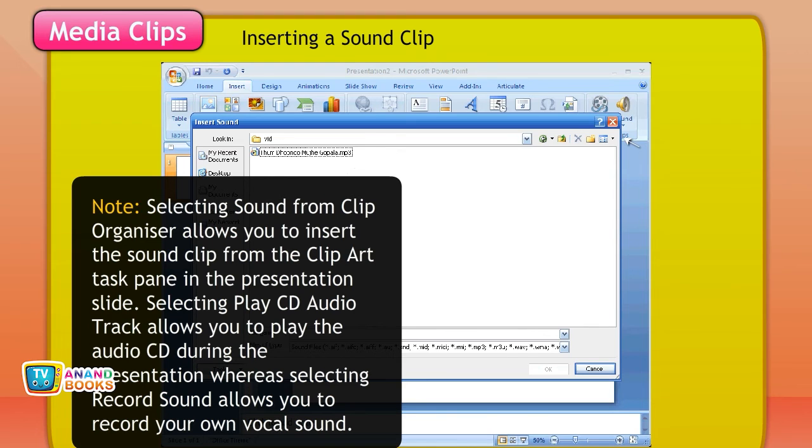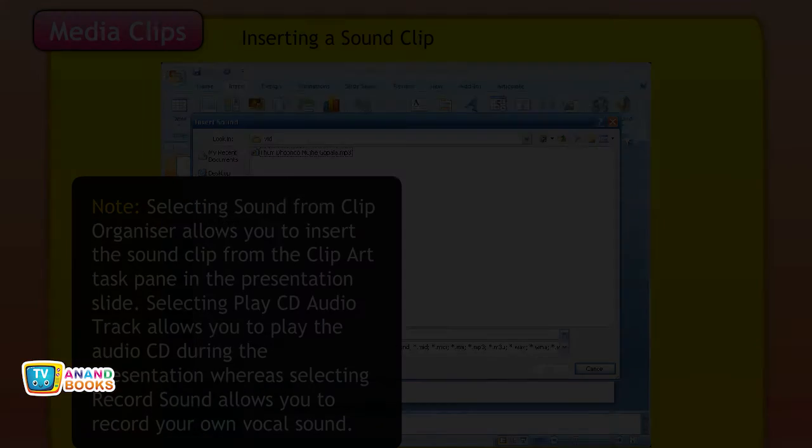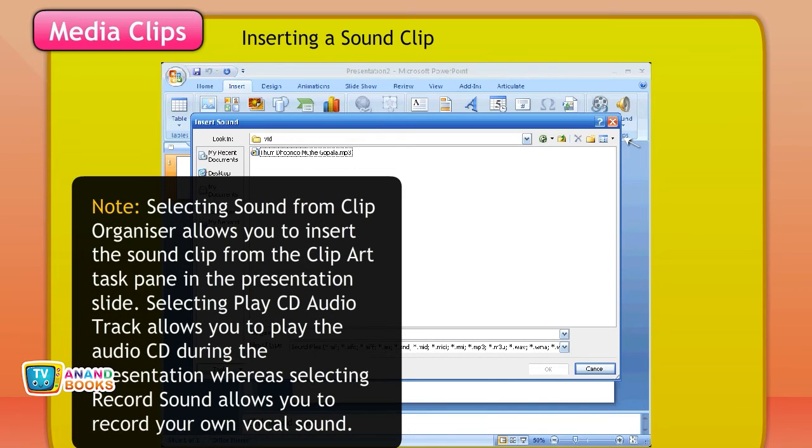Note: selecting Sound from Clip Organizer allows you to insert the sound clip from the Clip Art task pane in the presentation slide. Selecting Play CD Audio Track allows you to play the audio CD during the presentation whereas selecting